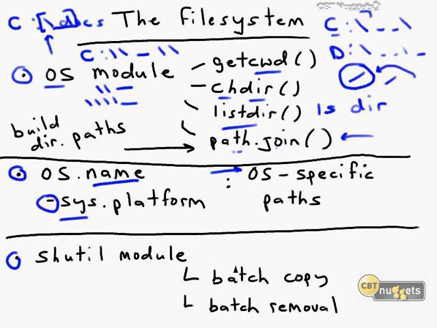This is what I call the batch module. You can do batch operations. You can perform batch or bulk copies, batch or bulk renames, batch or bulk deletions, etc. Anytime you want to operate on a list of files or folders, it doesn't have to be humongous, it could be a small one, but where you don't want to perform a certain action one by one, you can import the shutil module and then just in a single function call accomplish your goal.